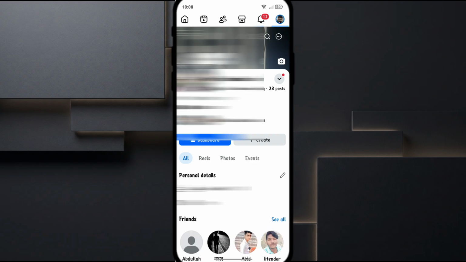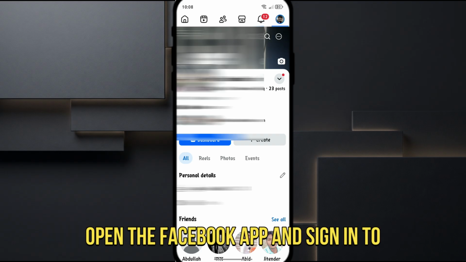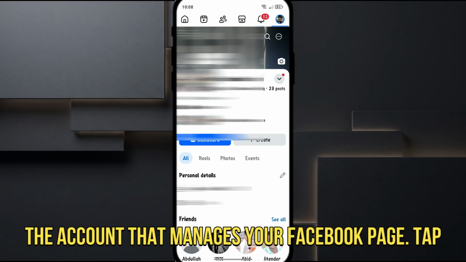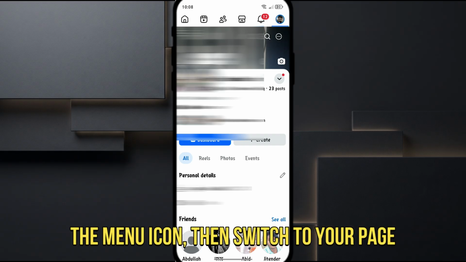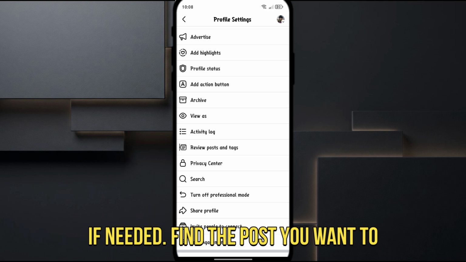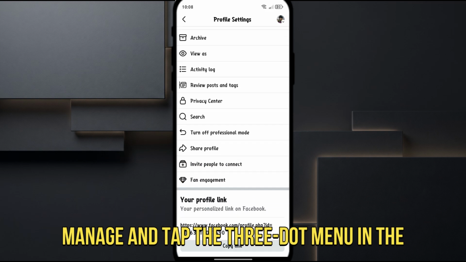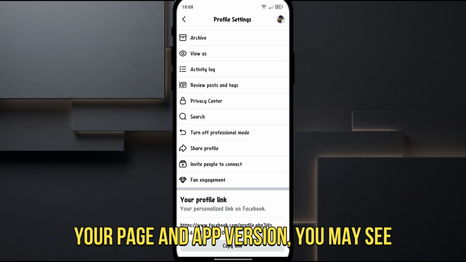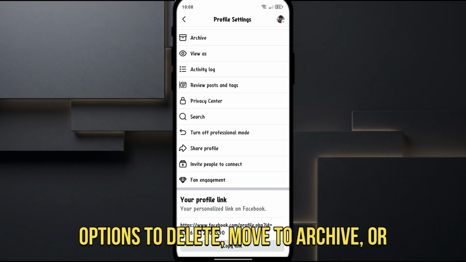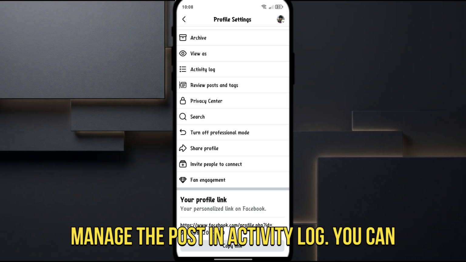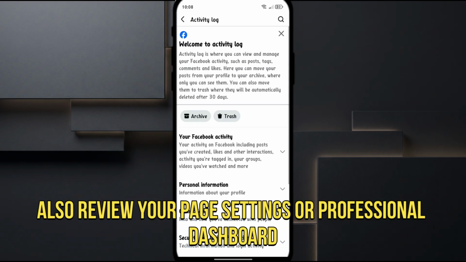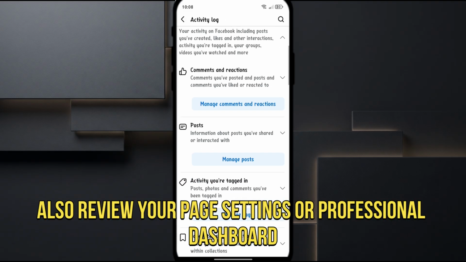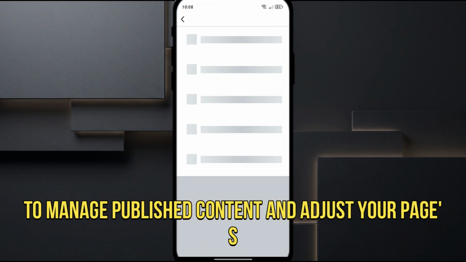To get started, open the Facebook app and sign in to the account that manages your Facebook page. Tap the menu icon, then switch to your page if needed. Find the post you want to manage and tap the three-dot menu in the upper right corner of the post. Depending on your page and app version, you may see options to delete, move to archive, or manage the post in Activity Log. You can also review your page settings or professional dashboard to manage published content and adjust your